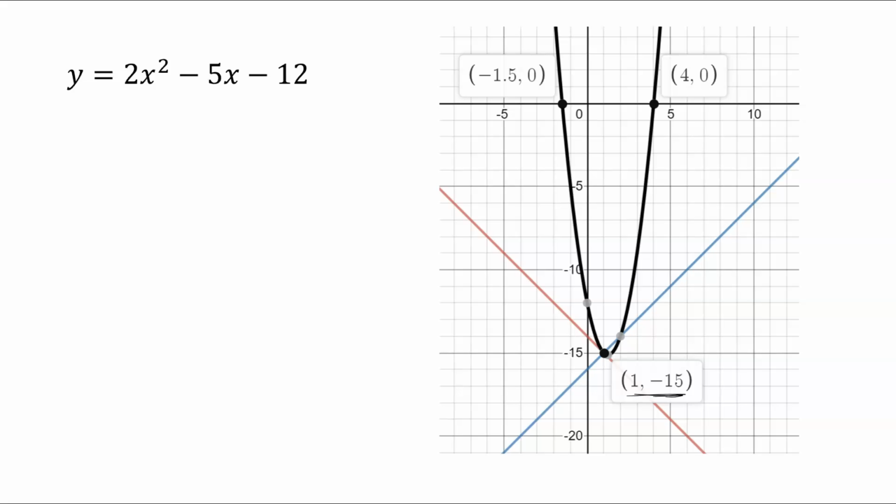What we're doing is first differentiating from first principles, then finding the rate of change at that point. And knowing what you know about straight lines, we would expect it to be negative. Then we need to find the equation of the tangent, which is the red line, and the normal,